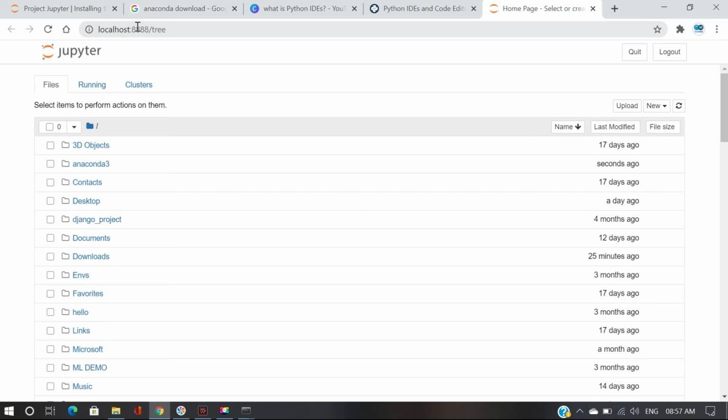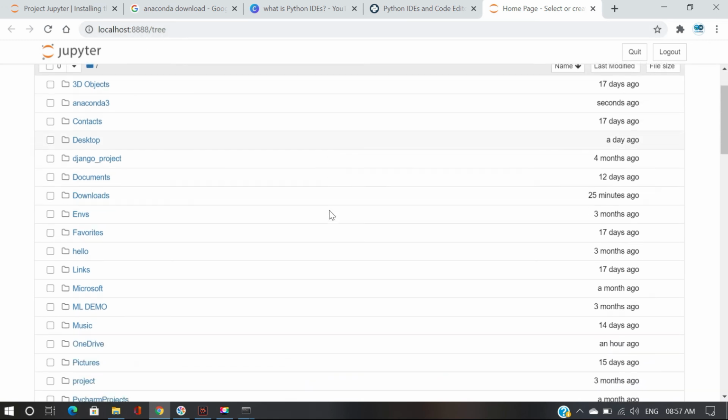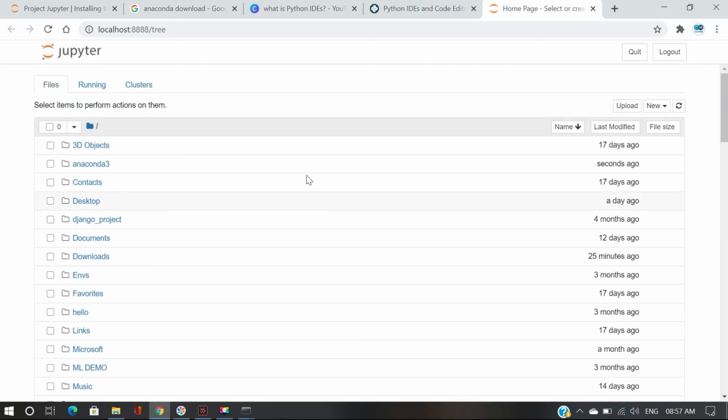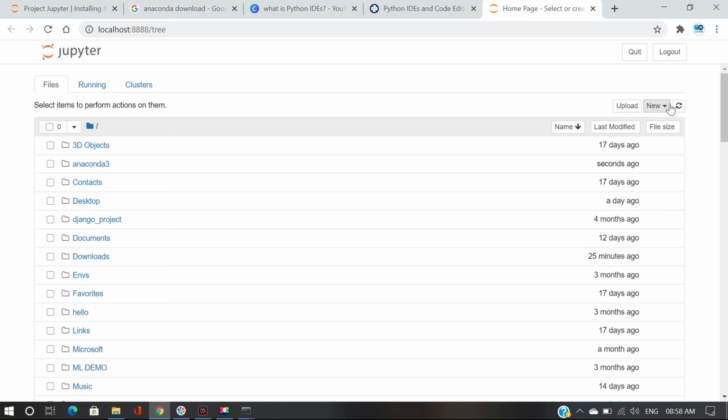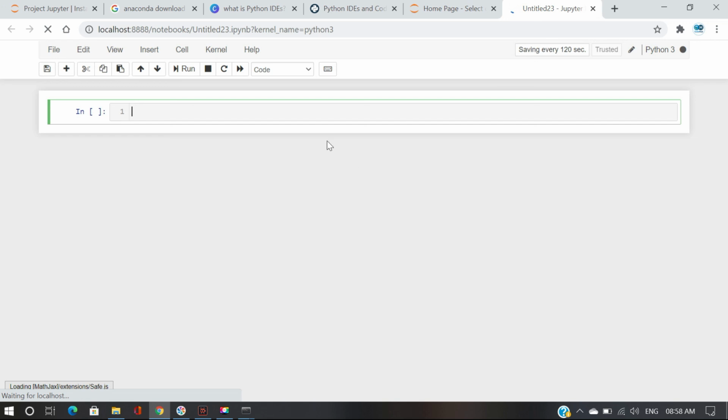This is local hosting, localhost 8888/tree. Here the previous files are shown, and click the New icon and open Python 3. It opens in a different page.